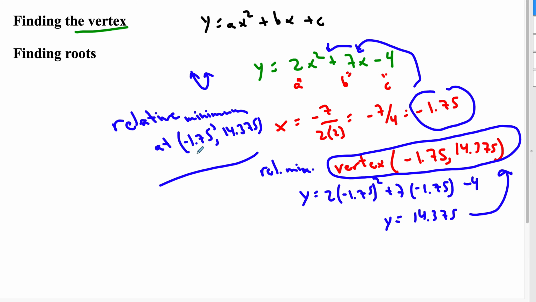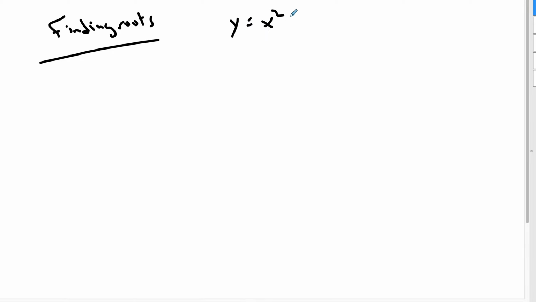Now finding the roots, we're going to have to move to a different page for that, but let's say, I'll give you two examples. One is something that you can factor, which makes it nice and easy. So let's say we had something, so this is finding roots. There's two ways to go. So the first thing you probably want to do, so let's say we have x squared plus 7x plus 12. Now, as a double check, if you're not sure,